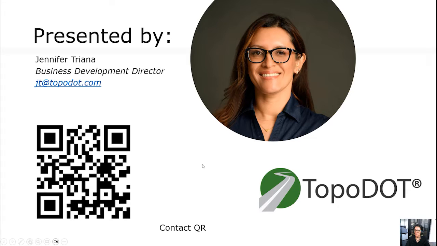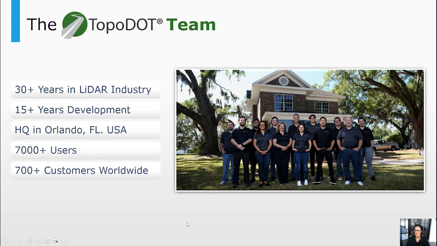Just a little bit about TopoDOT, who we are. We're a software company in Florida. We have been developing software for over 15 years, always around the LiDAR industry. We come from the hardware side of the industry, so we are developing software to solve problems around LiDAR specifically. Understanding the limitations and sources of error of LiDAR has led us to build better software